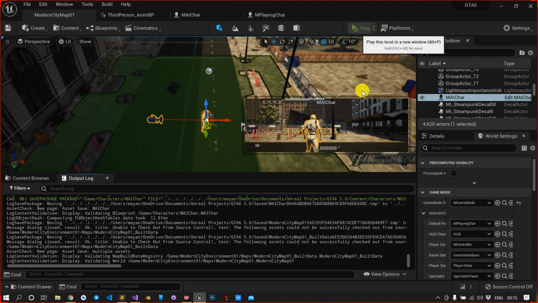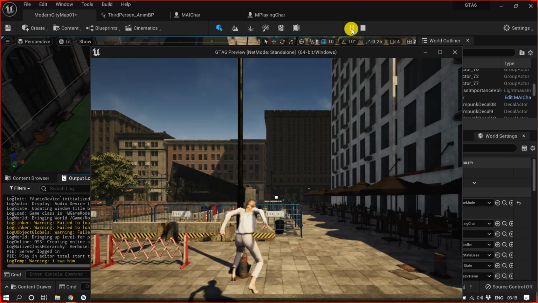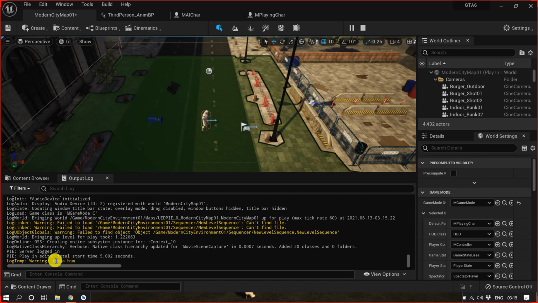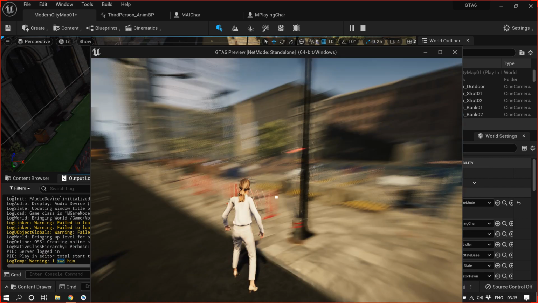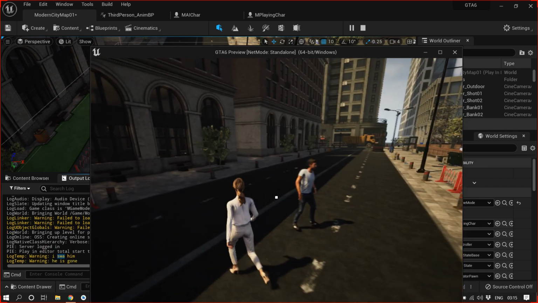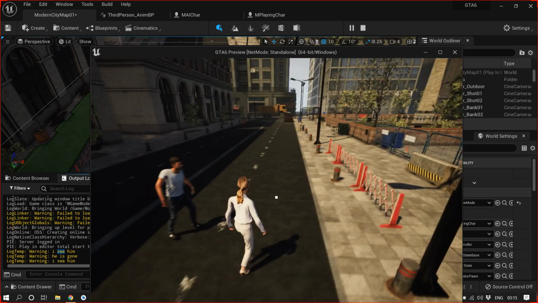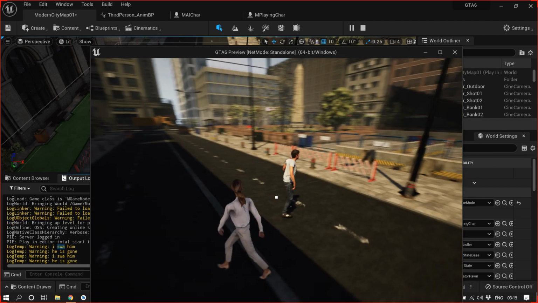Click play. Sometimes I think the play button works slowly. See, on the left hand side, I have written the spelling wrong: I saw him, and as soon as I go behind him, it is saying that he is gone. And if I come back, I saw him again, he is gone.